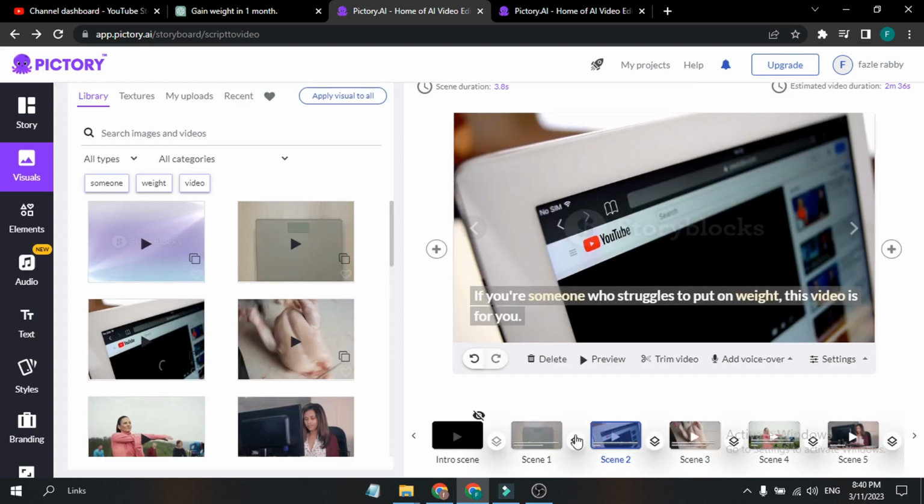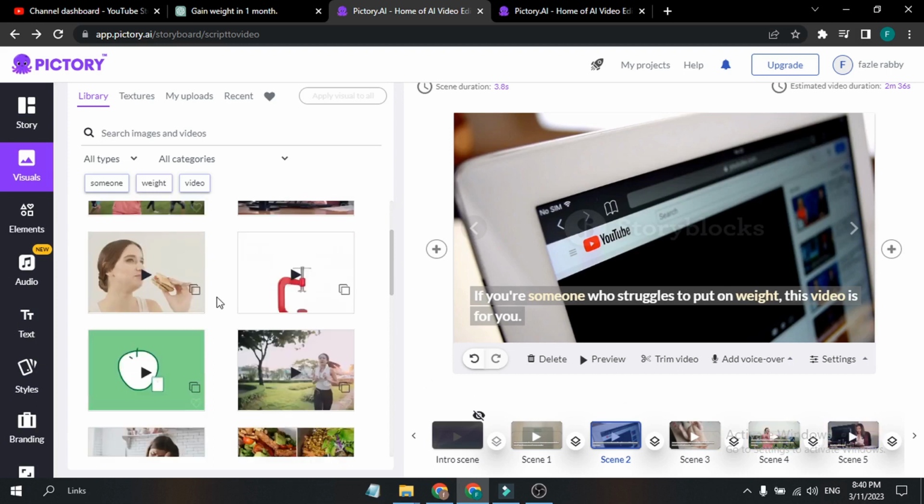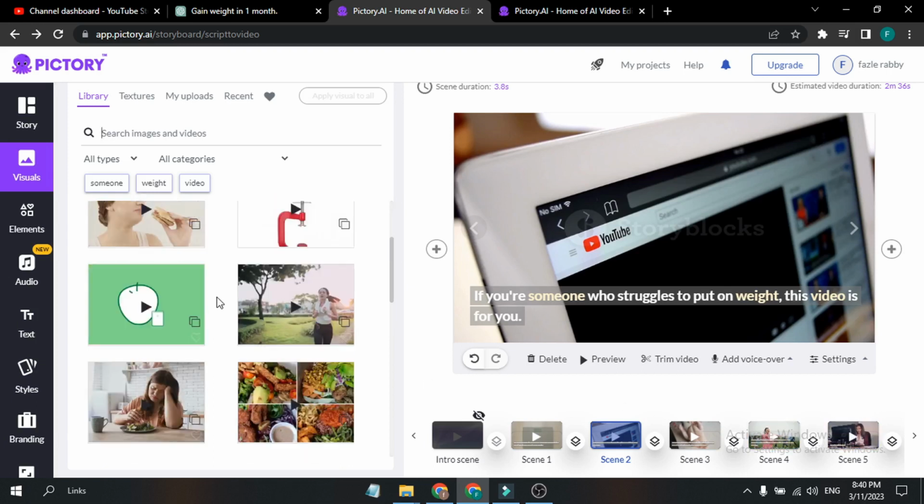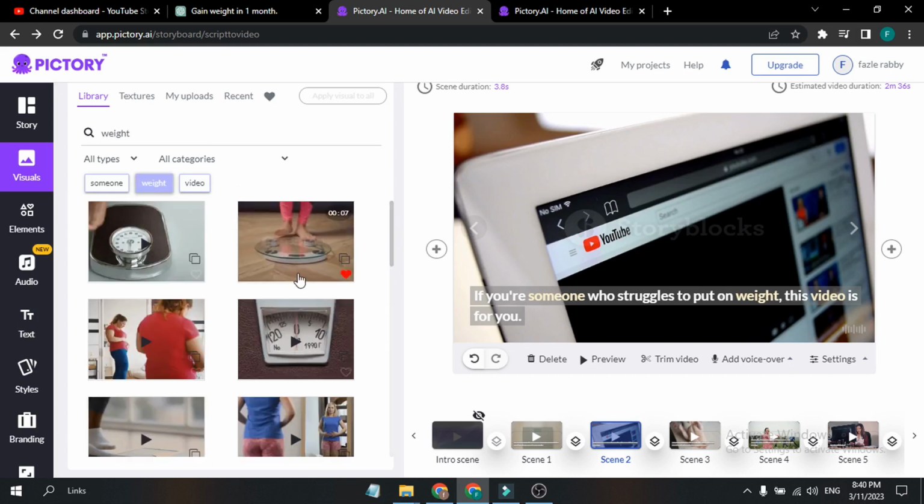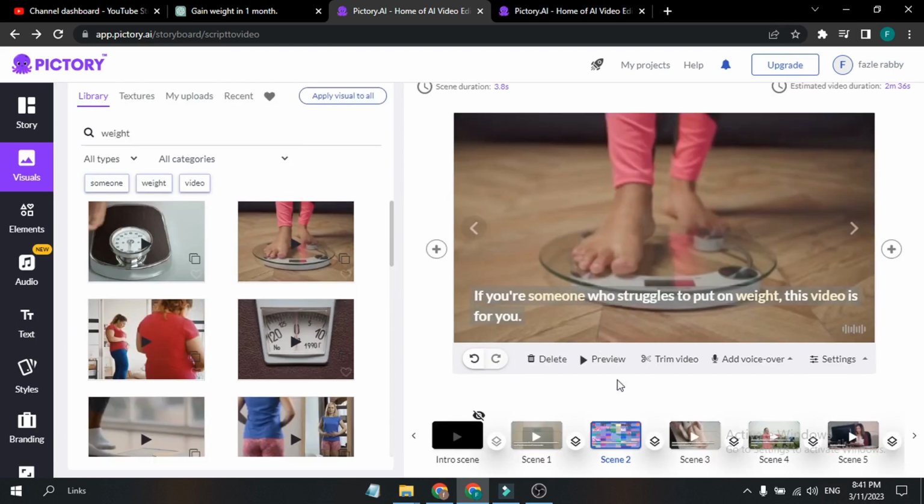So we're going to search some videos for the next scene here and add it to the template. As you can see, these are the videos that were added in my script to video here. So if I search weight here, it will show you lots of videos for weight. If someone struggles to put on weight, this video fits well. So you just click it, and as you can see, the next scene, scene 2, is now added